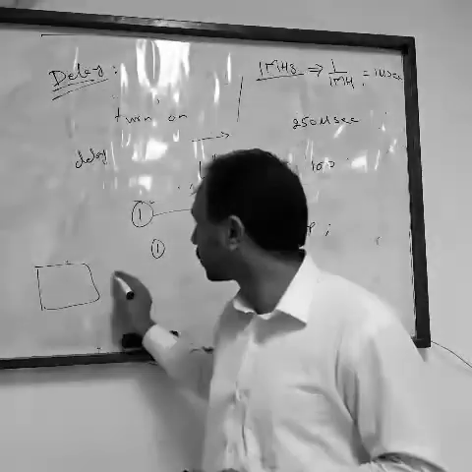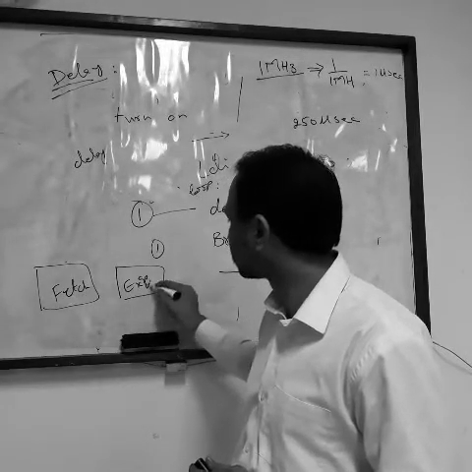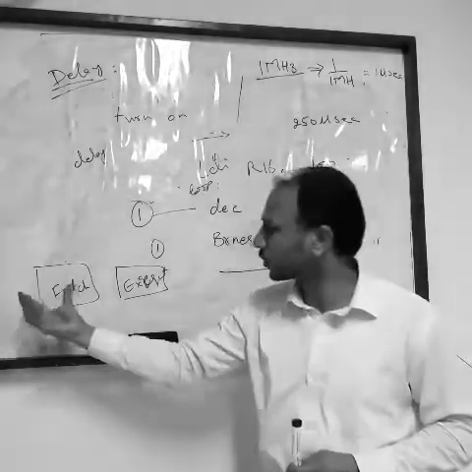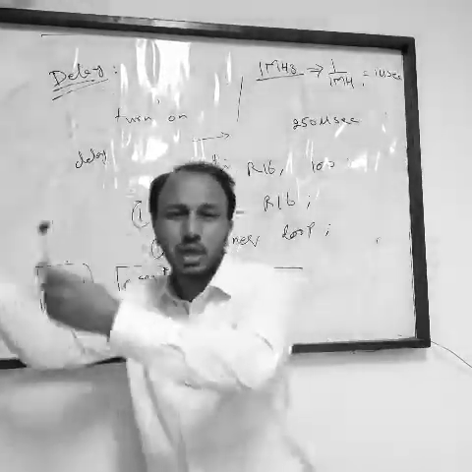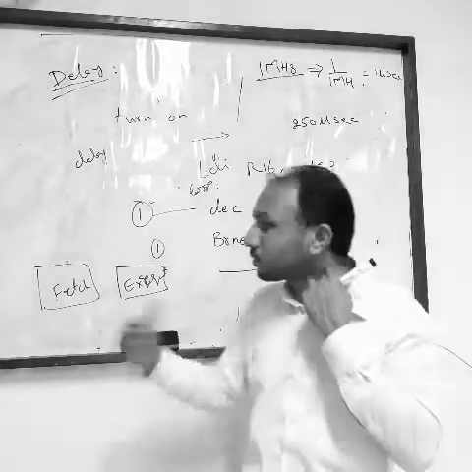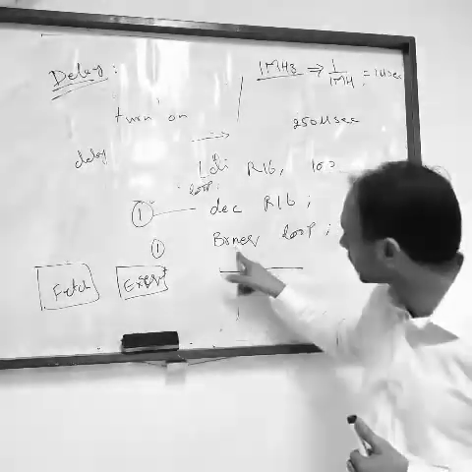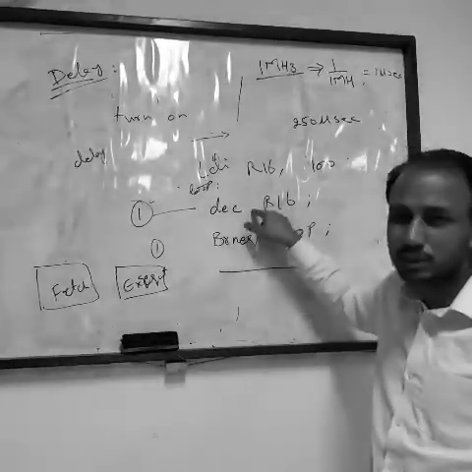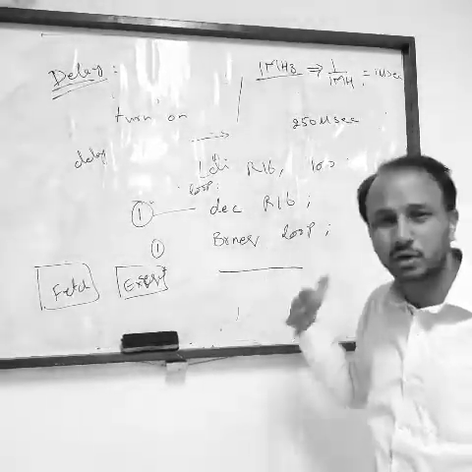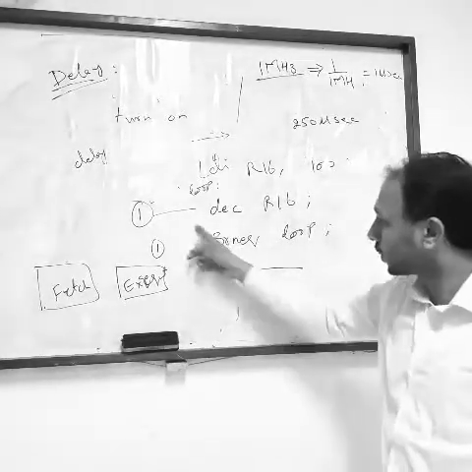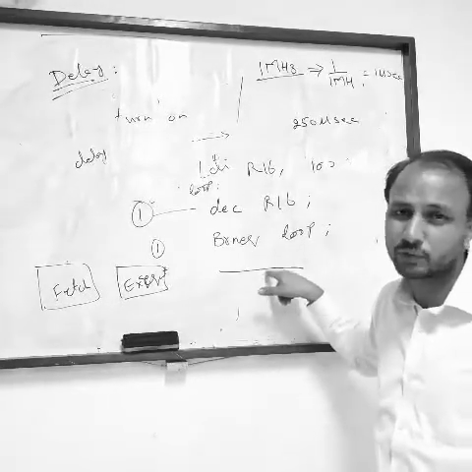The processor has 2 pipeline stages: fetch and execute. When you are executing the current instruction, your processor fetches the next instruction, so it makes your processing fast. This is a 2 stage pipeline: fetch and execute. When you are executing this instruction, the processor automatically fetches the next instruction; our program counter automatically increments and it will fetch this instruction.